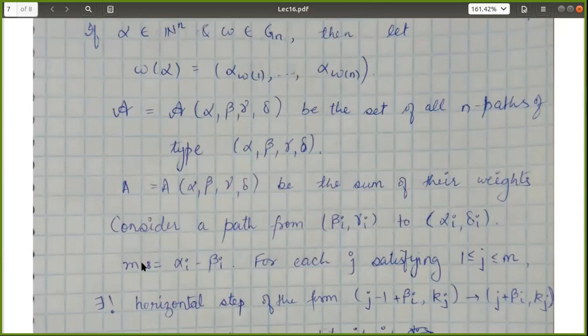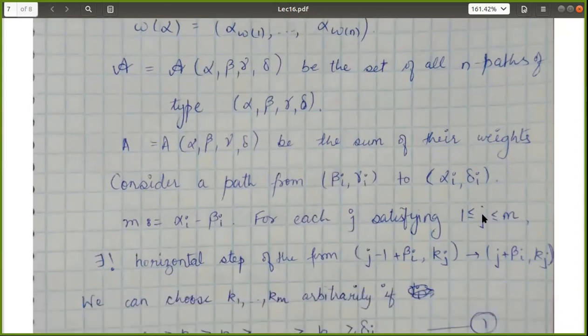Right. So alpha_i is always greater than or equal to beta_i. And since you're dealing with non-redundant lattices, alpha_i is strictly bigger than beta_i, and delta_i is strictly bigger than gamma_i. Now if you consider any j between 1 and m,